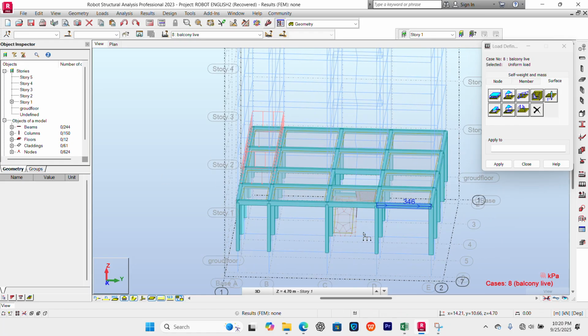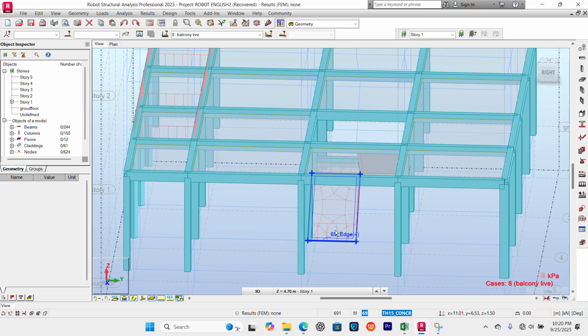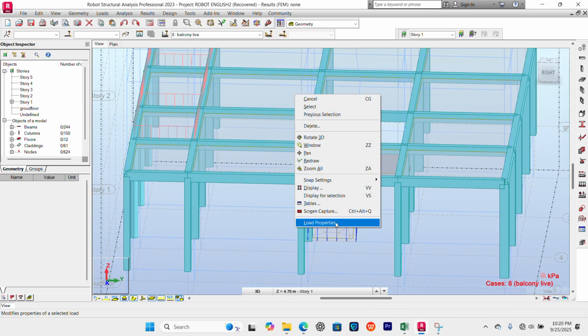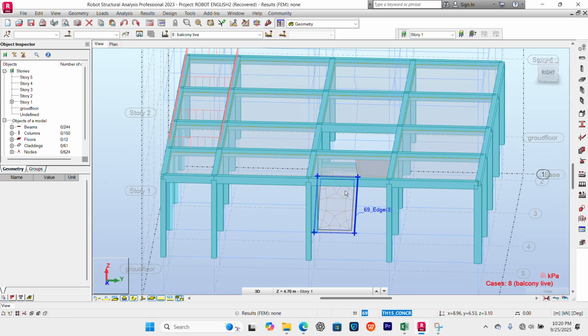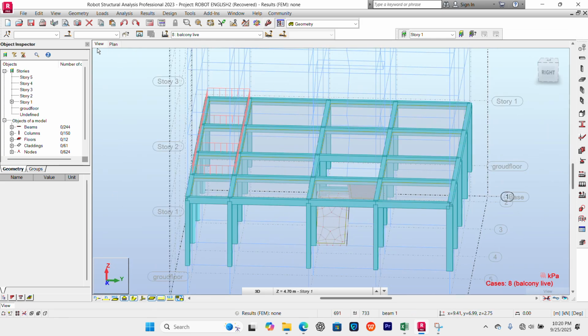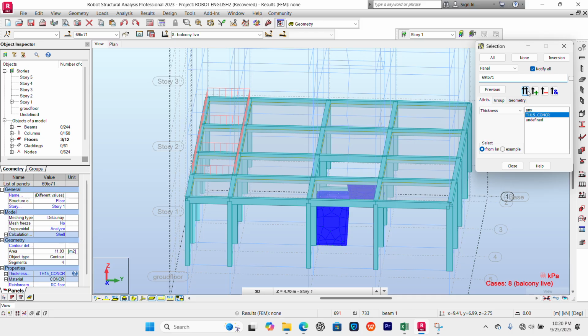We just come here. We can apply it like this, the live load of the staircase, or we can close. We select the live load of the staircase, we choose okay, then we come here on select member selection, we click on it like this. Make sure that we highlight panel now. When panel is highlighted, this is the staircase that we defined initially in the previous lesson. We use this double arrow to select everything.